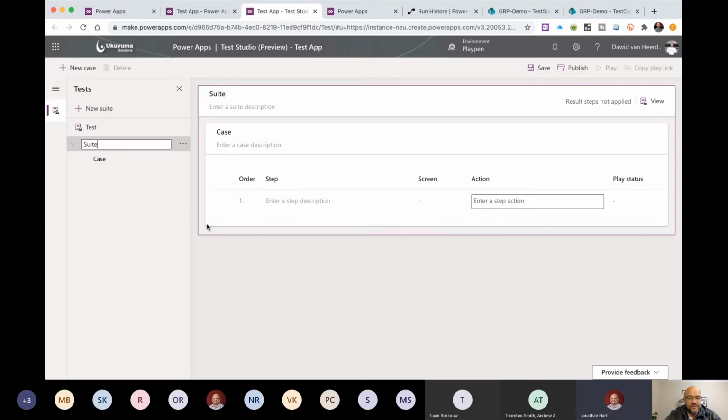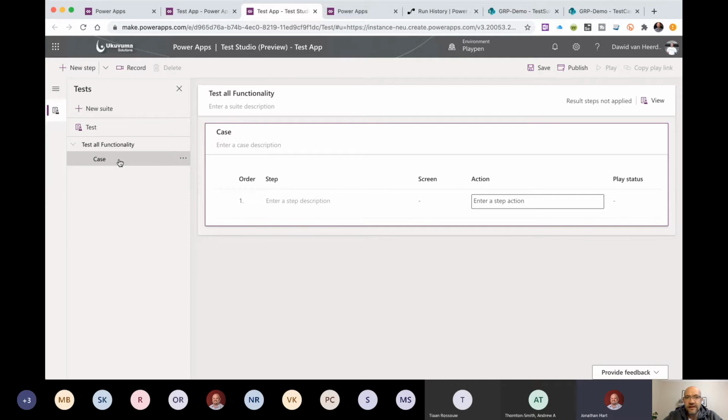So let's call this test all functionality. And then underneath that, you've got your various test cases. It's a good idea to keep your test cases as small as possible and rather split them into multiple test cases than having one test case with 100 steps in them. So let's say, as an example, this might be your create case